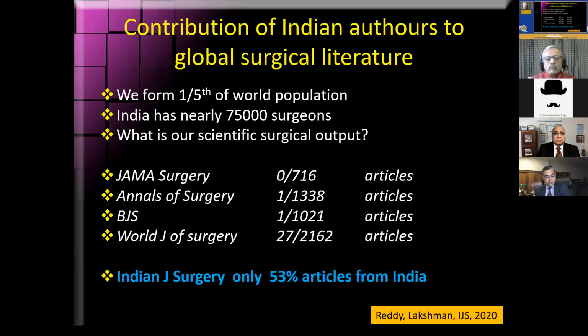But then if you look at the top 5 journals in the world, as far as surgery is concerned, top 5 based on the impact factor. One may question that that's not the only factor, but it is one of the factors that you consider for grading a journal. We found that we had very few publications from India in that. In fact, World Journal of Surgery was the one with a reasonable number, 27 out of 2,100 articles totally published. And even in our flagship, which is the Indian Journal of Surgery, just about half were